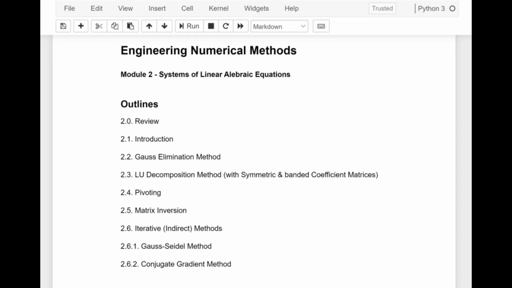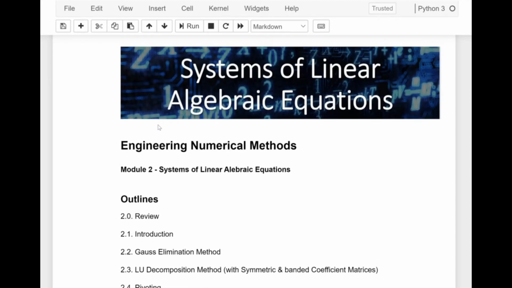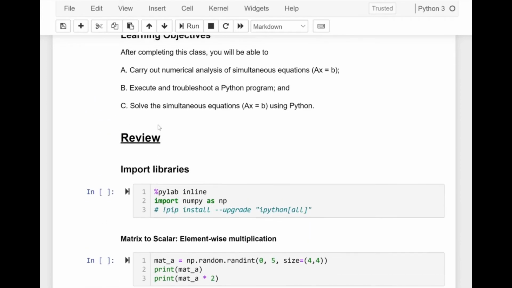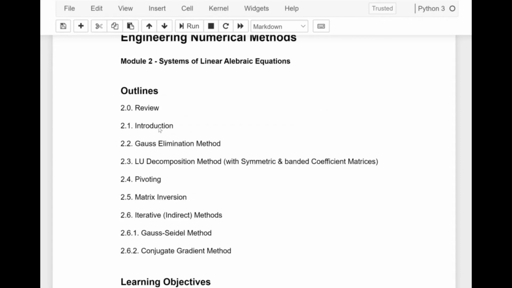If you haven't understood Python, it would be better if you visit Module 1. But here you can see that we're using a Jupyter Notebook again, and here we have codes as well as the lesson. Okay, so we will have an introduction, then we will discuss the Gauss elimination method, LU decomposition method with symmetric